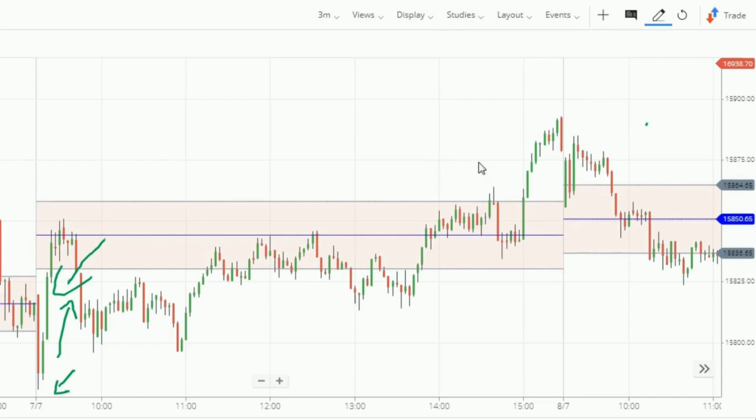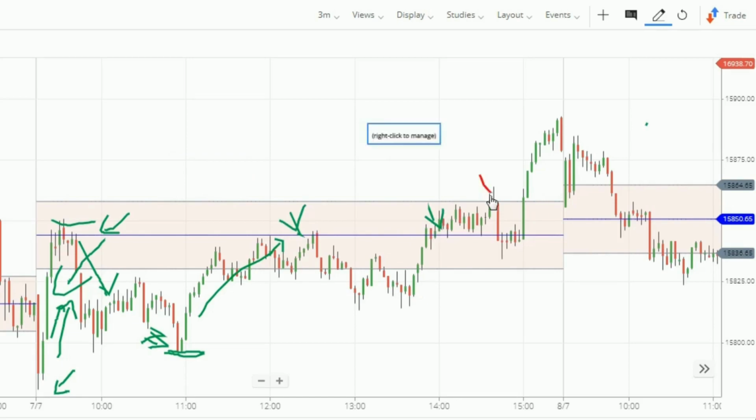See, there is a CPR here: pivot point, top CPR, bottom CPR. When the market started going up, it stopped here. There was a strong resistance given by the middle CPR, which we call the pivot point, and then the market started going down. However, there was again this resistance. I'll talk about why this resistance came. It started going up again and then faced resistance here,